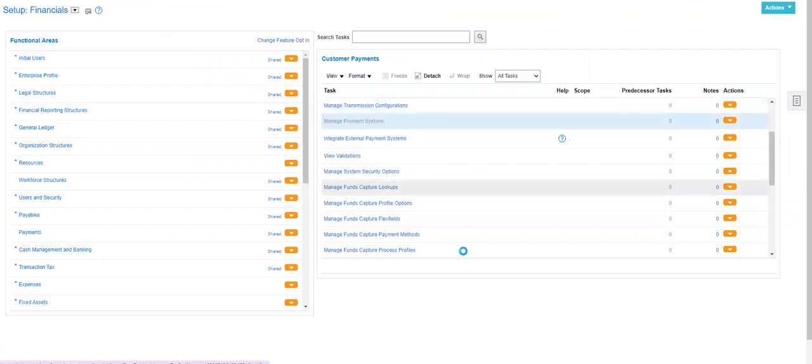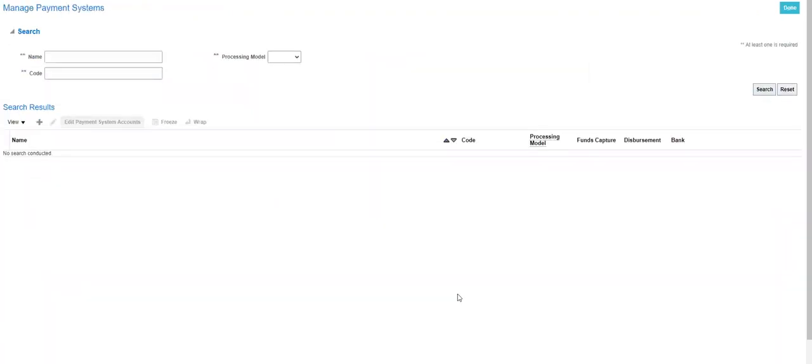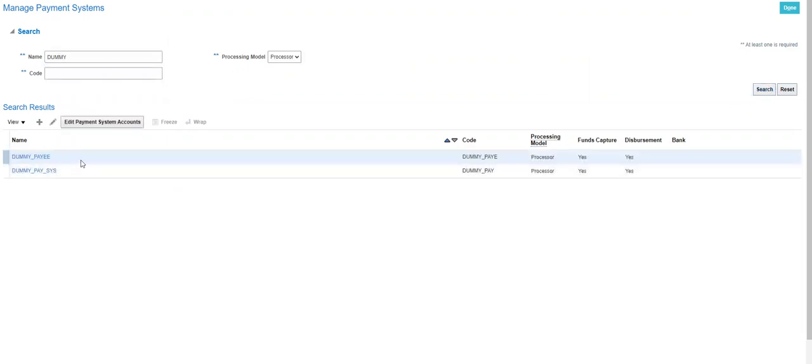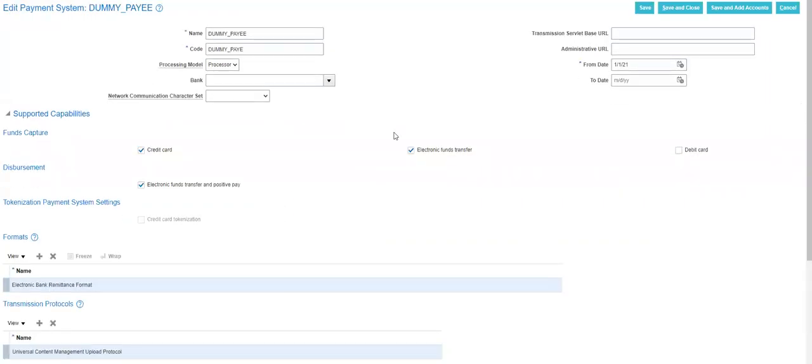Next is payment system. I have already created one dummy payment system. Let's check this. Now, what is this payment system applicable for? Credit card, electronic fund transfer, debit card, for disbursement.